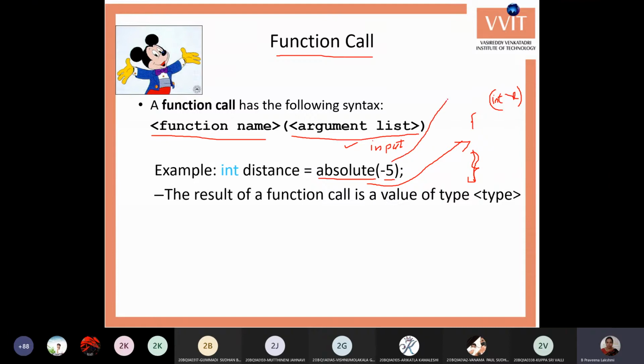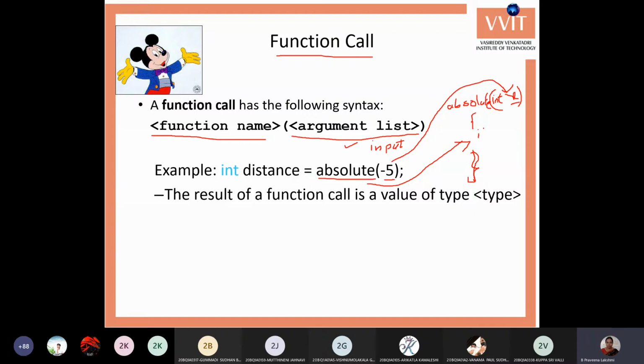So -5 is stored into the x variable. Whenever you call the function, the execution transfers to the absolute function and -5 will be stored into the x variable.